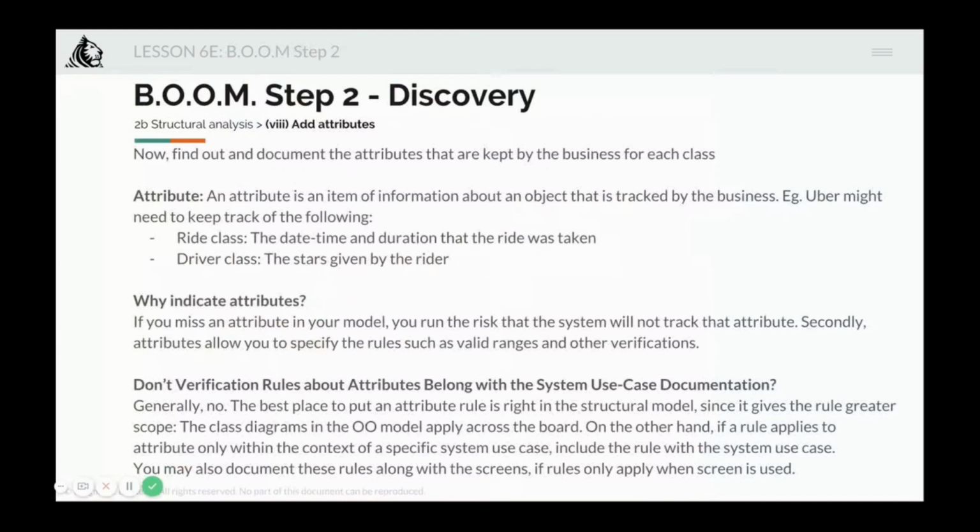Yet another option for documenting these rules is along with the screens that are developed to handle the GUI or the graphical user interface for the system use case. Use this option if the rule only applies whenever the screen is used but does not apply across the board, right? Screens are typically not considered an artifact as they relate to the solution design, but you may request the designer to add in the rules you have identified,